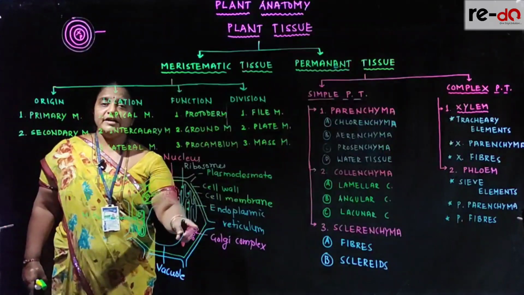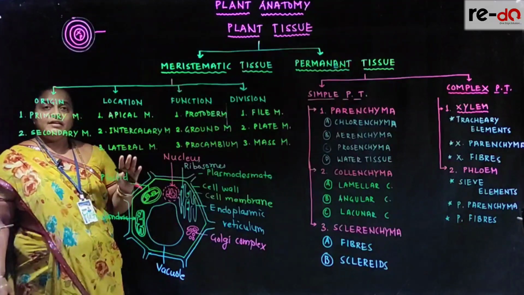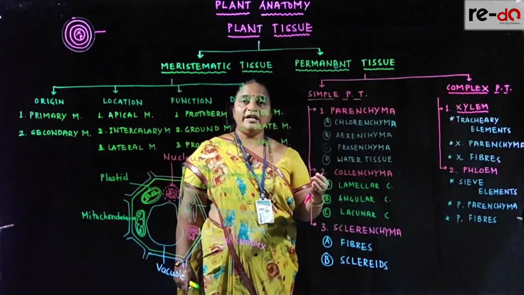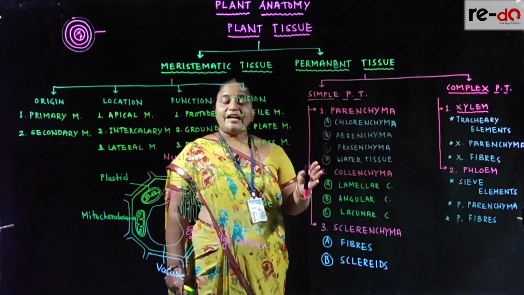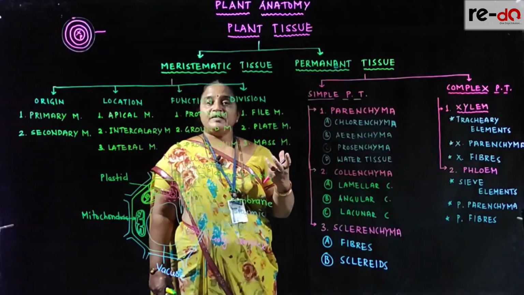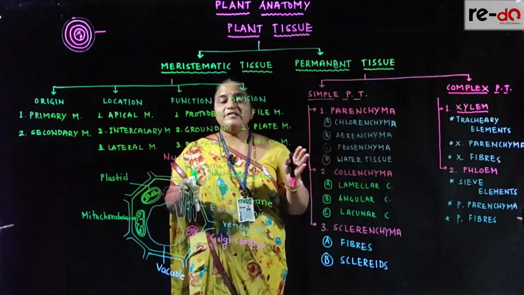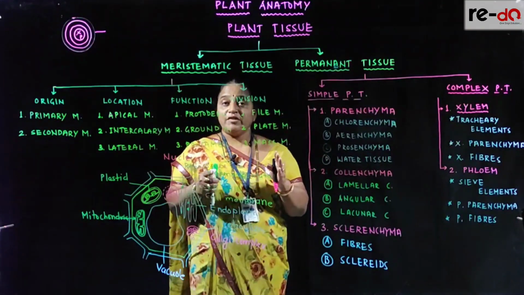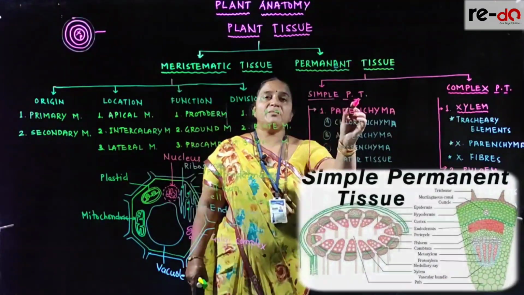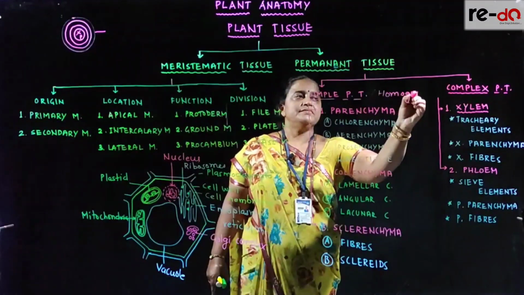This is the ideal cell from permanent tissue, showing all the functional components, right? Once the tissue divides, it starts elongating and differentiating, it lacks the capacity to divide, and it becomes permanent. Now based on the mass of cells forming a tissue, there are two types of permanent tissues. All cells whose origin is common, structure is the same, and hence function is also the same, form simple permanent tissue. It is also called homogeneous tissue.